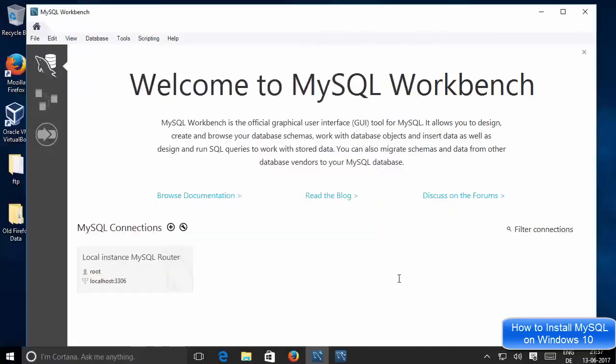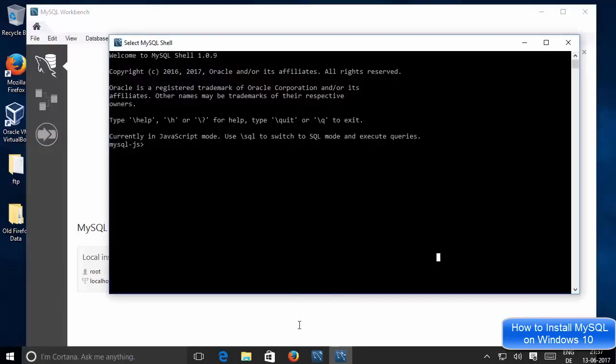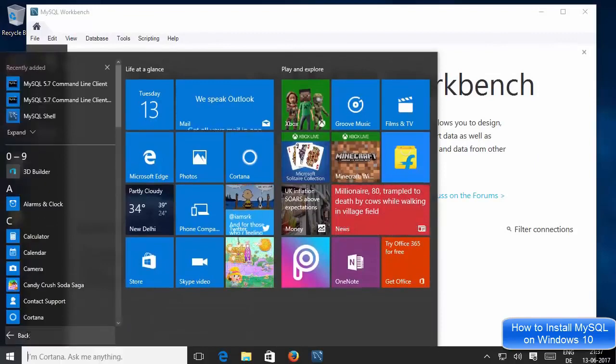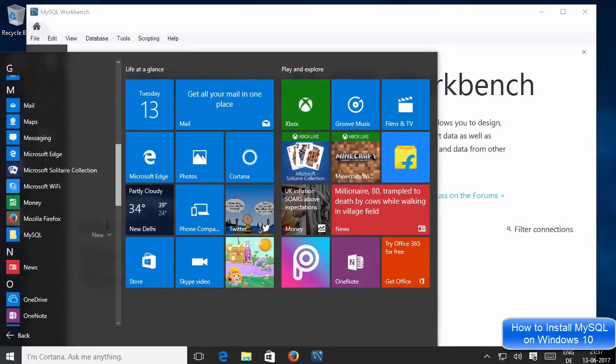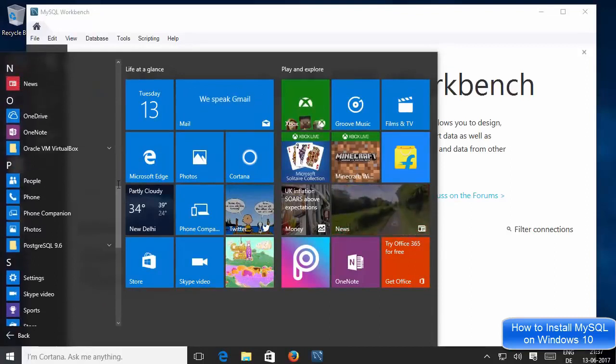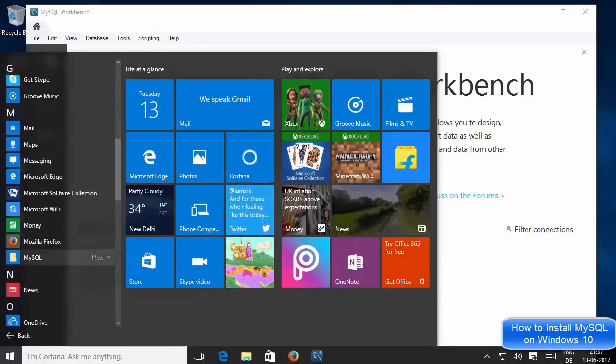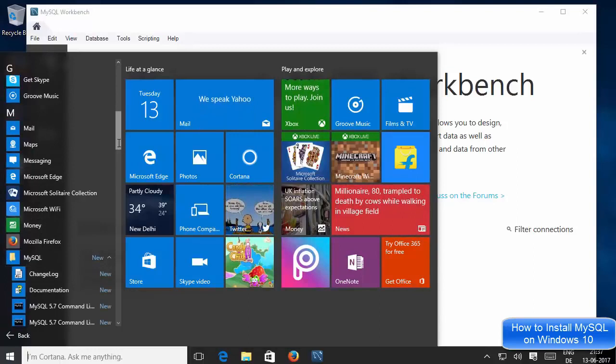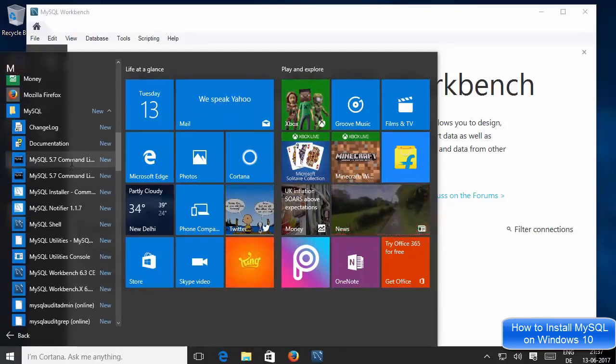So first of all, what I need to do is I want to connect to my MySQL database using the MySQL client. So for now, I will just close this MySQL Shell. And right now what I want to do is I will go to the start menu and then click all apps and go to the MySQL option, which is, let me see where it is, here. And then from here I will open the MySQL command line. Okay, so just search for MySQL client command line. You can see this option, MySQL Command Line Client.